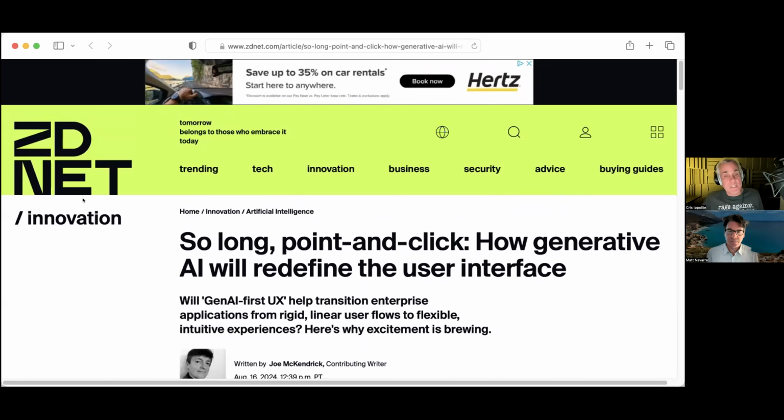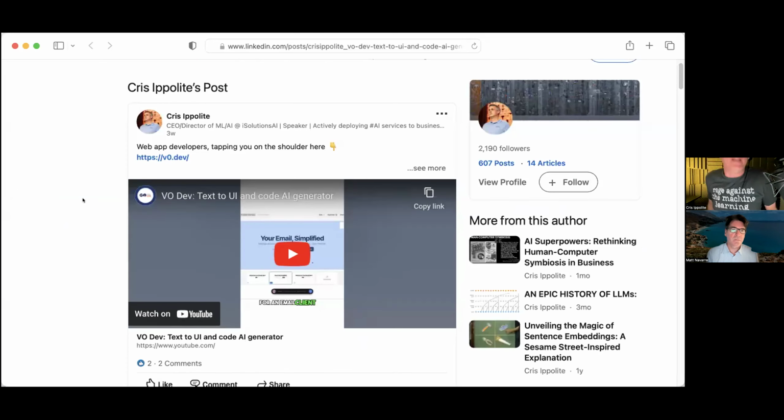Hold on, let me just share this screen so you can see. Yeah, so we did talk about artifacts on our last podcast, right? Where we were saying that this is sort of a new paradigm for UI. That's the Claude AI thing, actually, if you remember that.